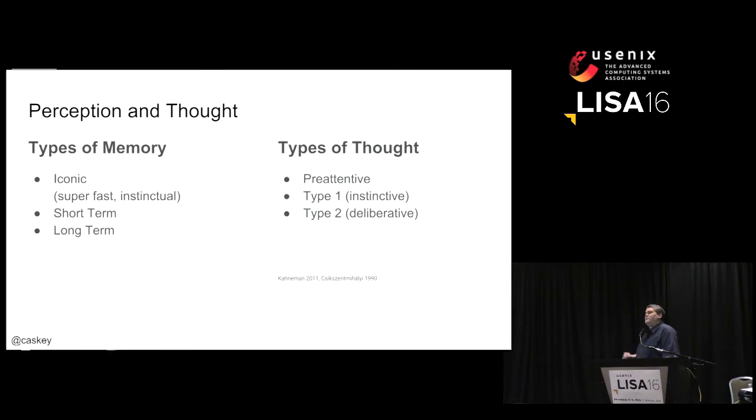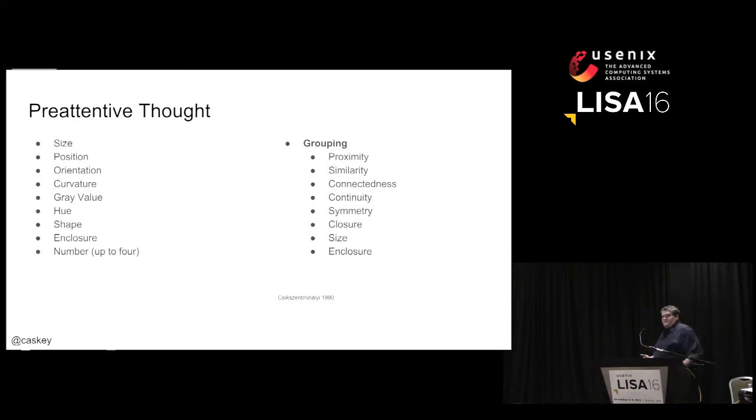All of these things come into play when we examine visualizations of data. And we can manipulate all of these things to create different stories with data, because people will read information in different ways. Most of what screws up graphs happens in the pre-attentive thought phase. This is where our brain automatically will recognize how big or small something is, relative sizes. It'll recognize where things are in relation to each other. It recognizes things like the color, the intensity of the color. It recognizes whether things are grouped through what's called enclosure, where they are in a box together or some other visual containment. It also can count up to about 4.